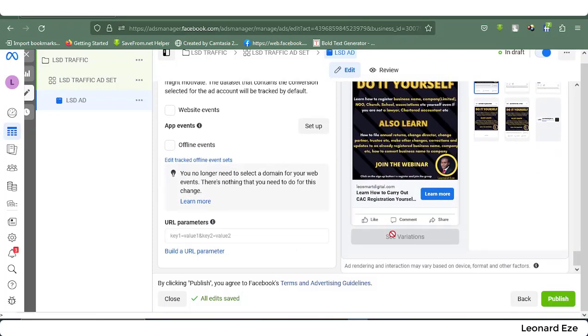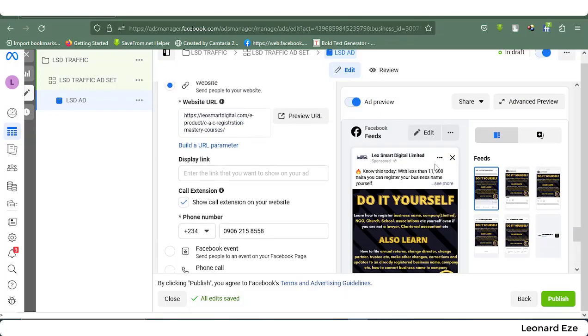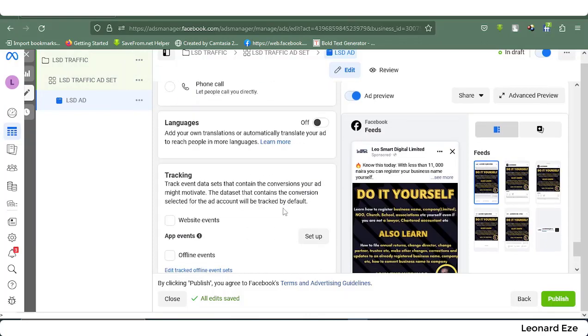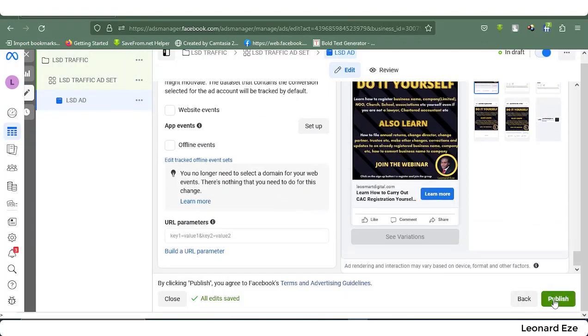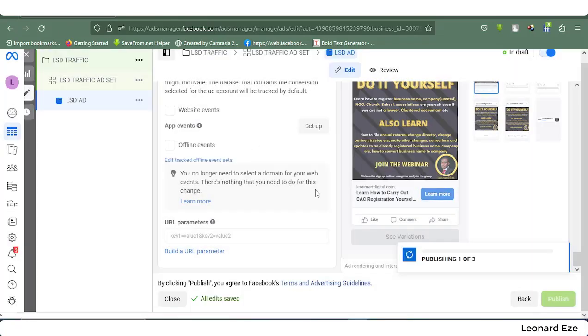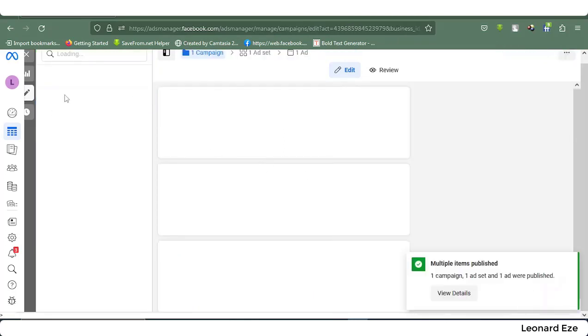Then you can see, you can now publish. Most time as you are creating your ad, you may be receiving some warning or notification that something is wrong, so do not ignore that. You can see that there's a clear bill of health in this ad process. Then the next is for us to click on publish. We'll click on publish, it will be published, and then once it is reviewed,